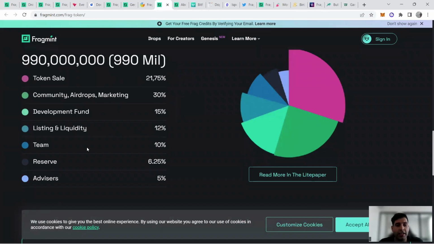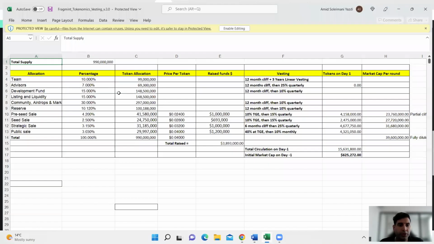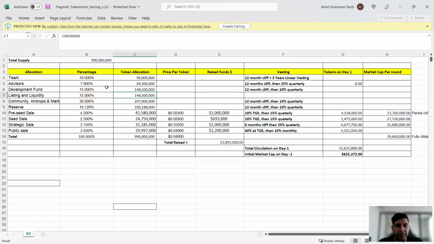The team is going to have 10% of the token, advisors 5%, so a total of 15% for team and advisors, and there's going to be a reserve of 6.25%. The token symbol is FRAG.